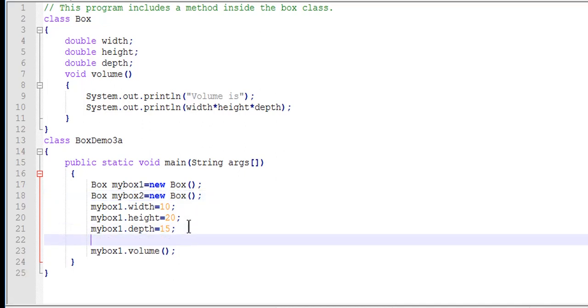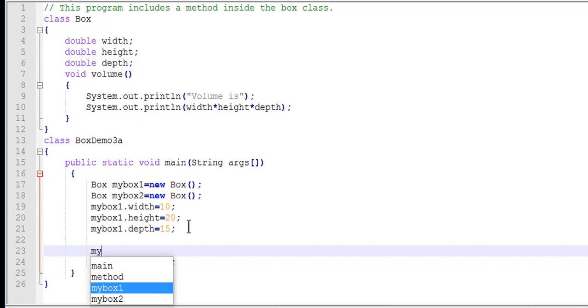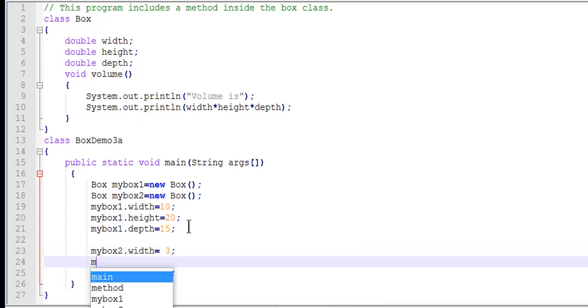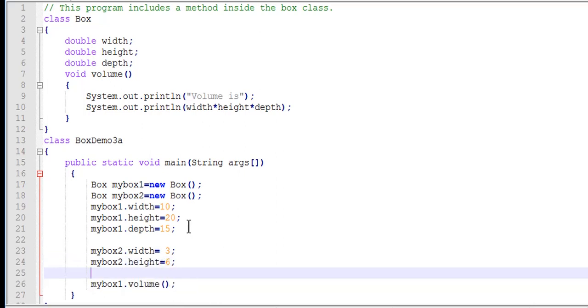Now we can also assign values for myBox2. myBox2.width is equal to 3. Then myBox2.height is equal to 6, and myBox2.depth is equal to 9.